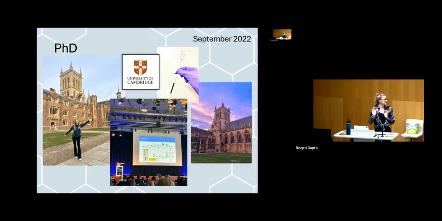Shortly after I started my art business, I started my PhD at Cambridge. So that on the left, that's me on my first day when I moved in. And yes, I'm studying both chemistry and physics, and I work in an area called optoelectronics. Basically, I design and make molecules that absorb and emit light. And these are used in TV screens and phone screens and solar panels, that kind of thing.